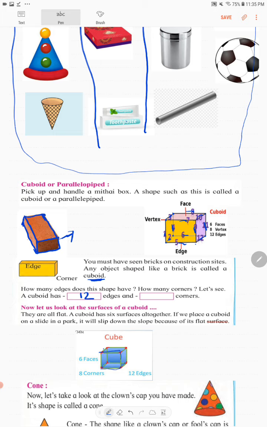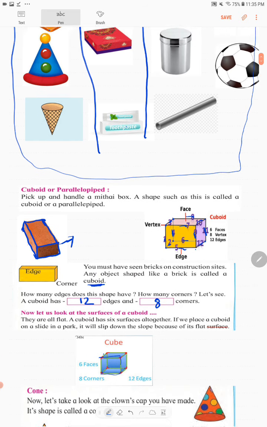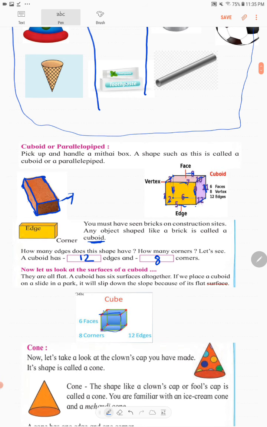You can count here. So it has got 8 corners. And these plain sides are called surfaces or faces. It has got 6 surfaces altogether.